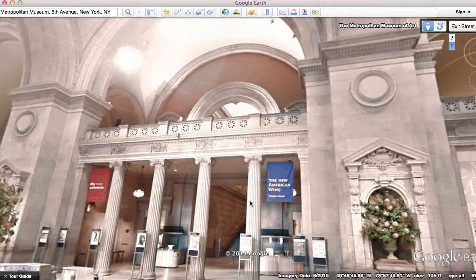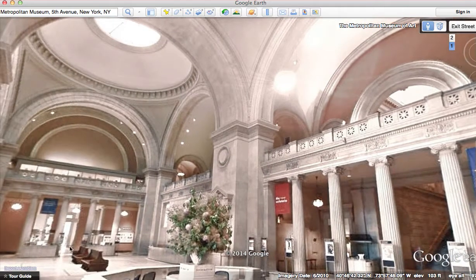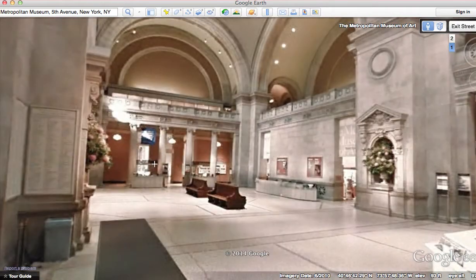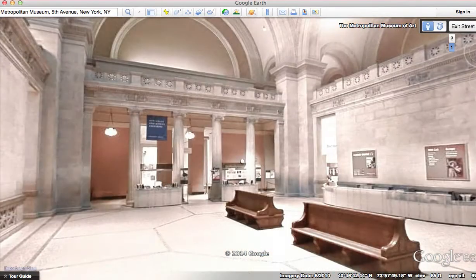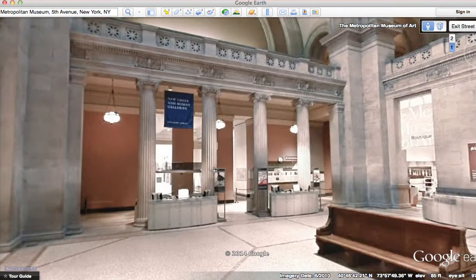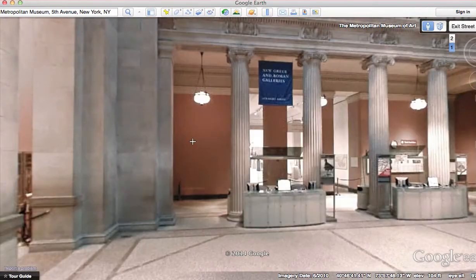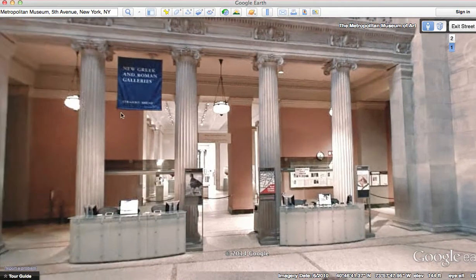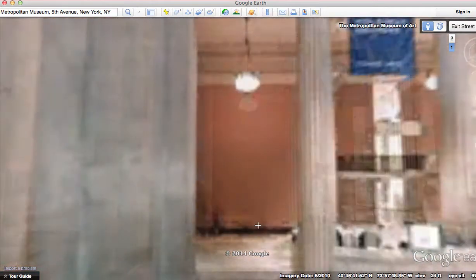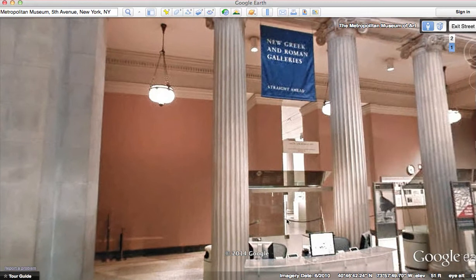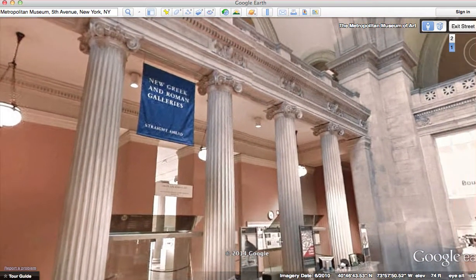And here's the thing that's kind of a bummer, though. Here we are, and if we go over here, once we get there, get a real clear view. If you look up here at this banner, New Greek and Roman Galleries, once we get a little closer, it says straight ahead. Well, unfortunately, if you look real close right here, they've got it blocked off, so we can't actually get in there. Which kind of stinks because we can't see the Greek and Roman art,